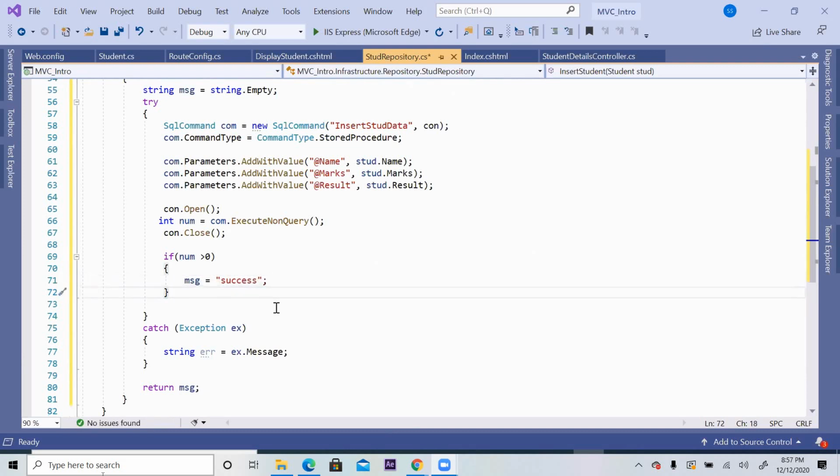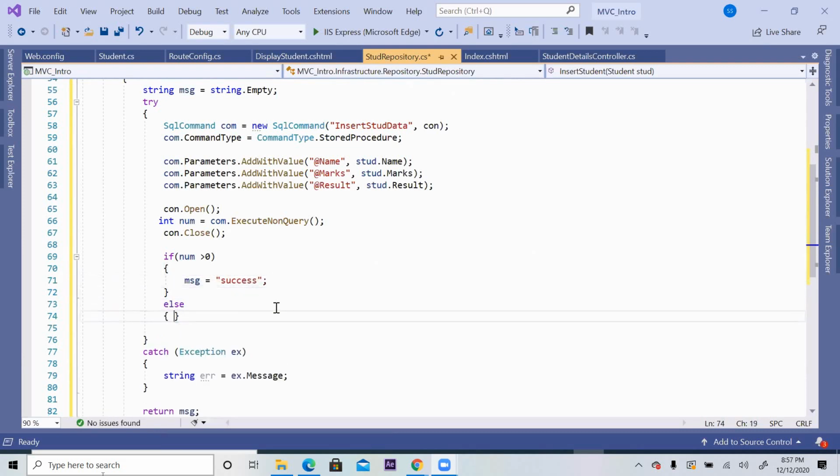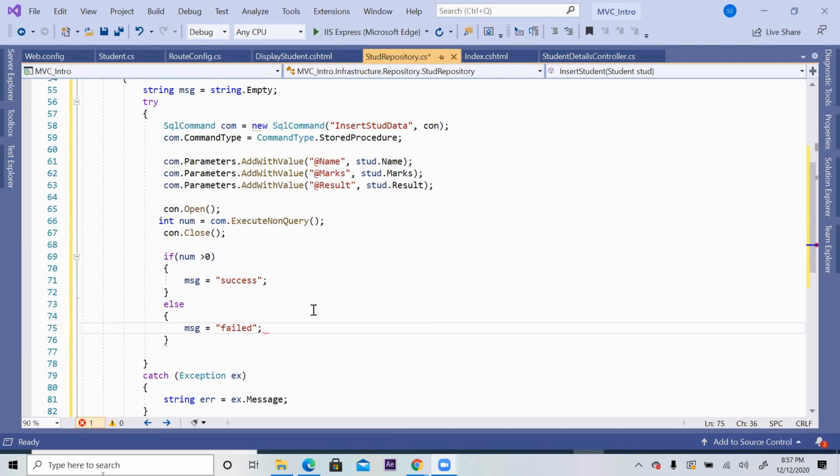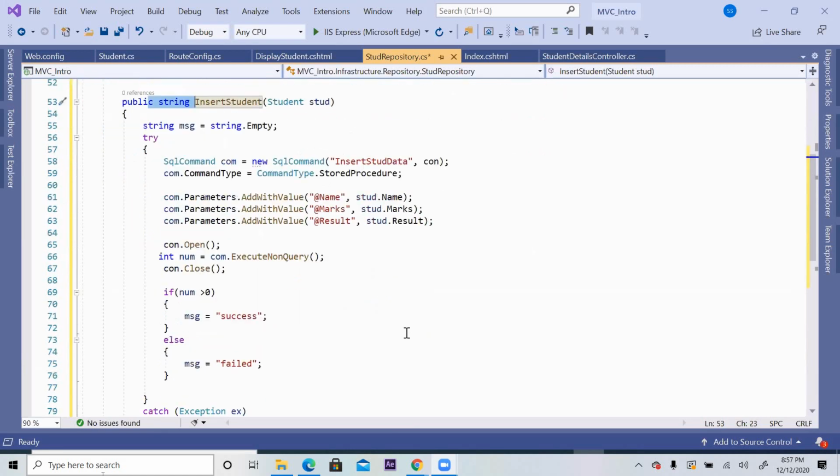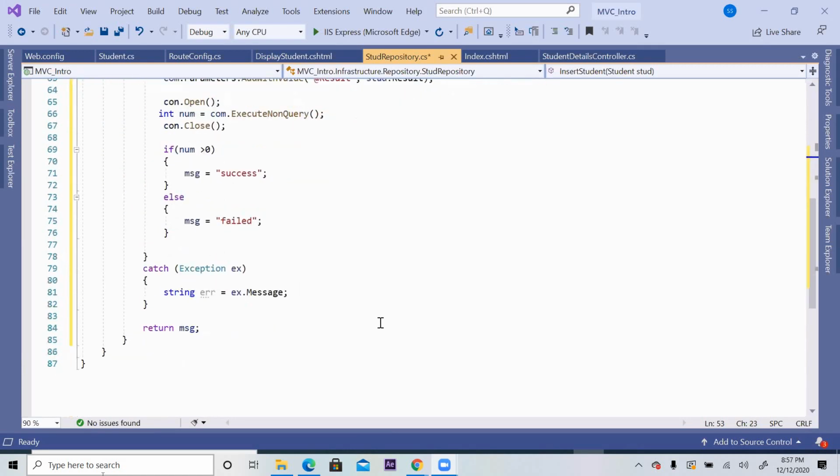Otherwise, message equal to failed, within double quotes. That's why I decided string as return type. Either success or failed, I have to return. If you want, here also you can say message equal to some exception like that.